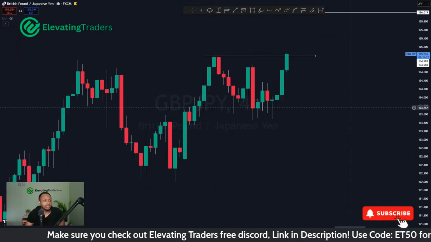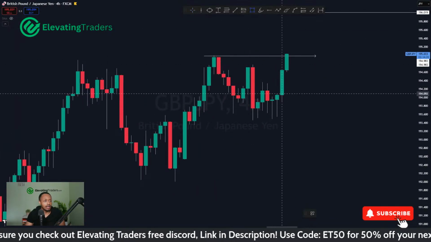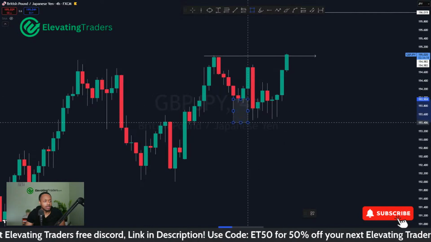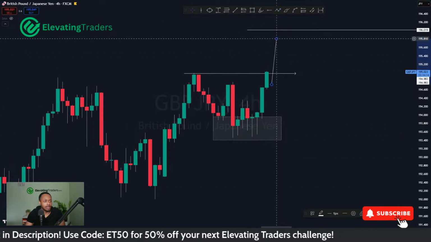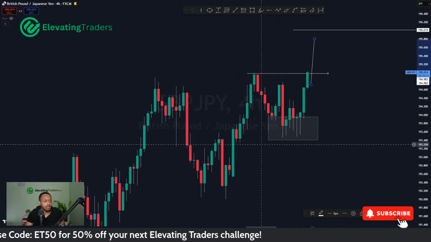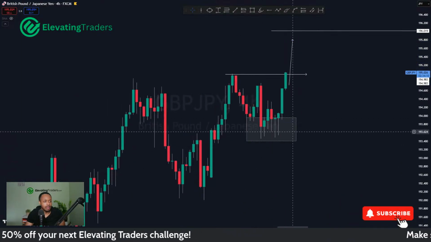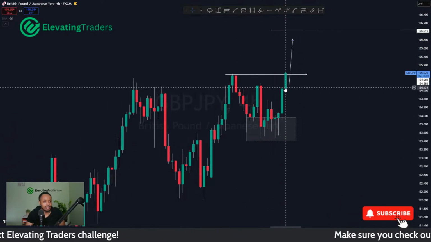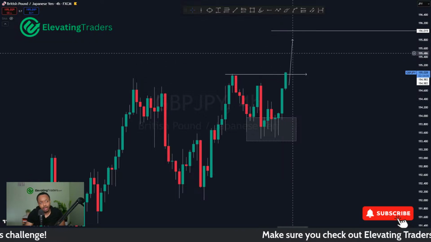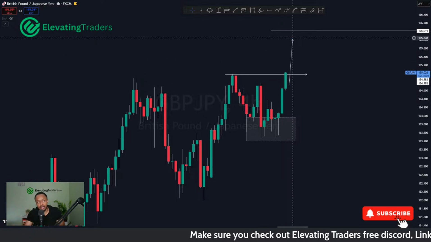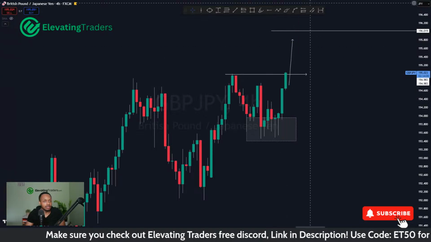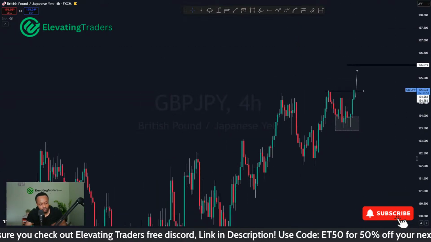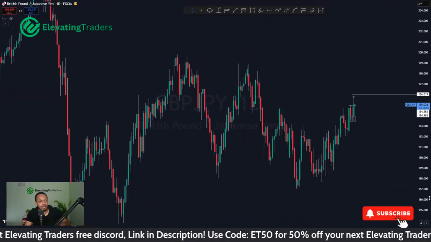But judging by this 4-hour candle and all those wicks to the downside here as well, I do think price is likely to break to the upside at some point. All of these wicks confirming a higher low and that momentum kicking back bullish tells me that pound yen probably will blast to the upside at some point. Like I said, we could still react and pull back first, but I do think that resistance will break and we'll probably go to that 196 territory.